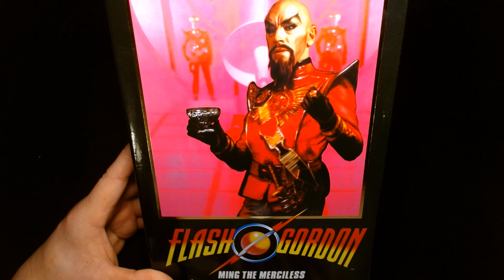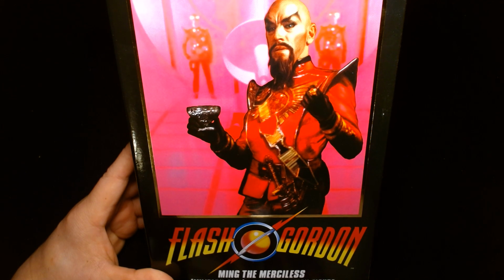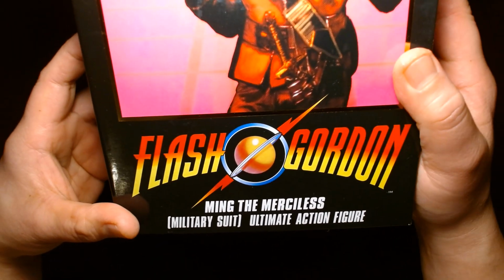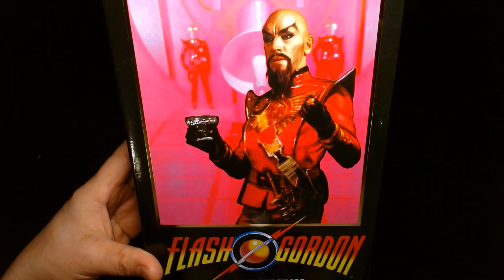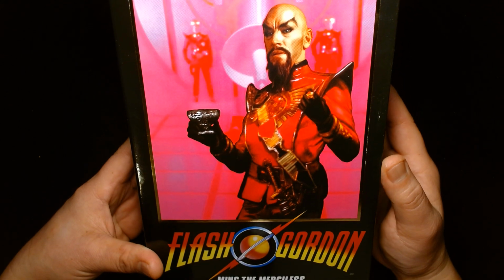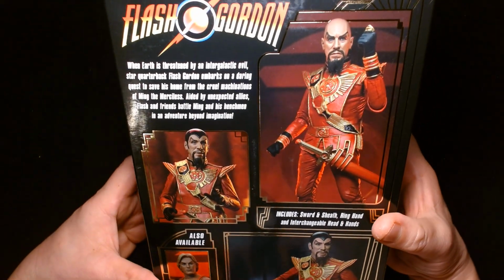I'm here for another action figure unboxing and review, and today from Neca in their Flash Gordon line, we are featuring Ming the Merciless in military suit ultimate action figure. So this action figure portrays actor Max von Sydow as he appears as Ming the Merciless in the 1980s Flash Gordon film. As a child of the 80s, this was probably one of my favorite films